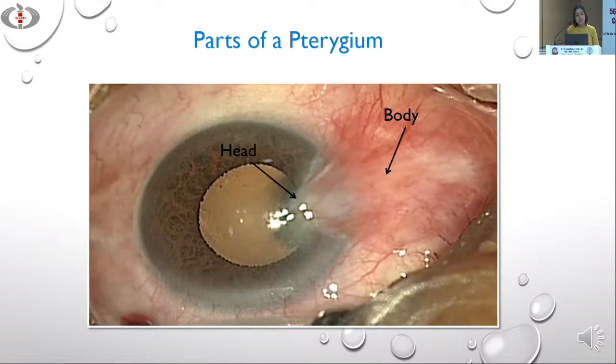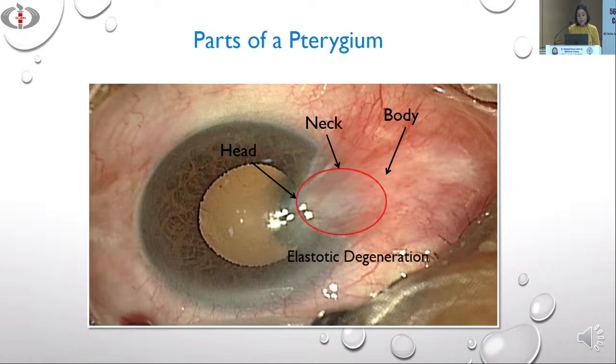Now, let's understand the parts of the pterygium, and that will help break down the surgery for us. The head of the pterygium is the part which overlies the cornea, and then we have the body of the pterygium, which is the part which overlies the conjunctiva, and the junction of these two is called the neck of the pterygium. Now, this whitish tissue that we see here is actually the elastotic degeneration, and when we are excising the subconjunctival tissue and the conjunctiva, we need to make sure that we remove all of this